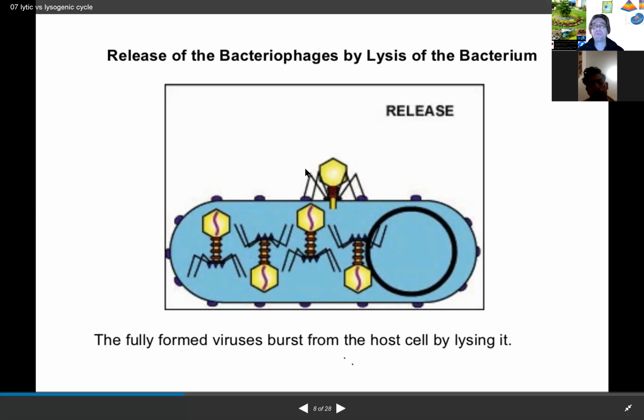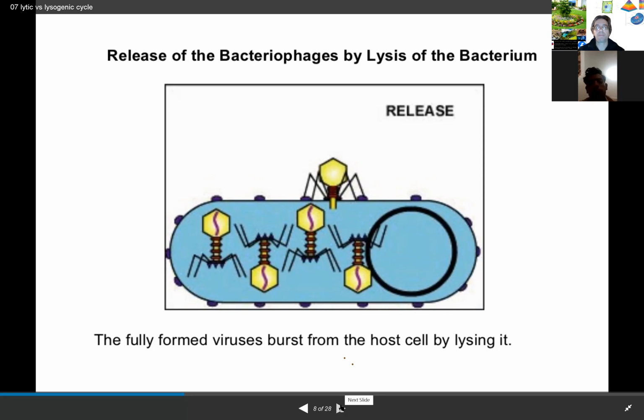So this is what happens when a bacteriophage enters. Before lysing, they will prepare their own capsid, they will prepare their tail fiber, and they will replicate their DNA. When they replicate their DNA and form their protein coat, after the formation of these things, they will